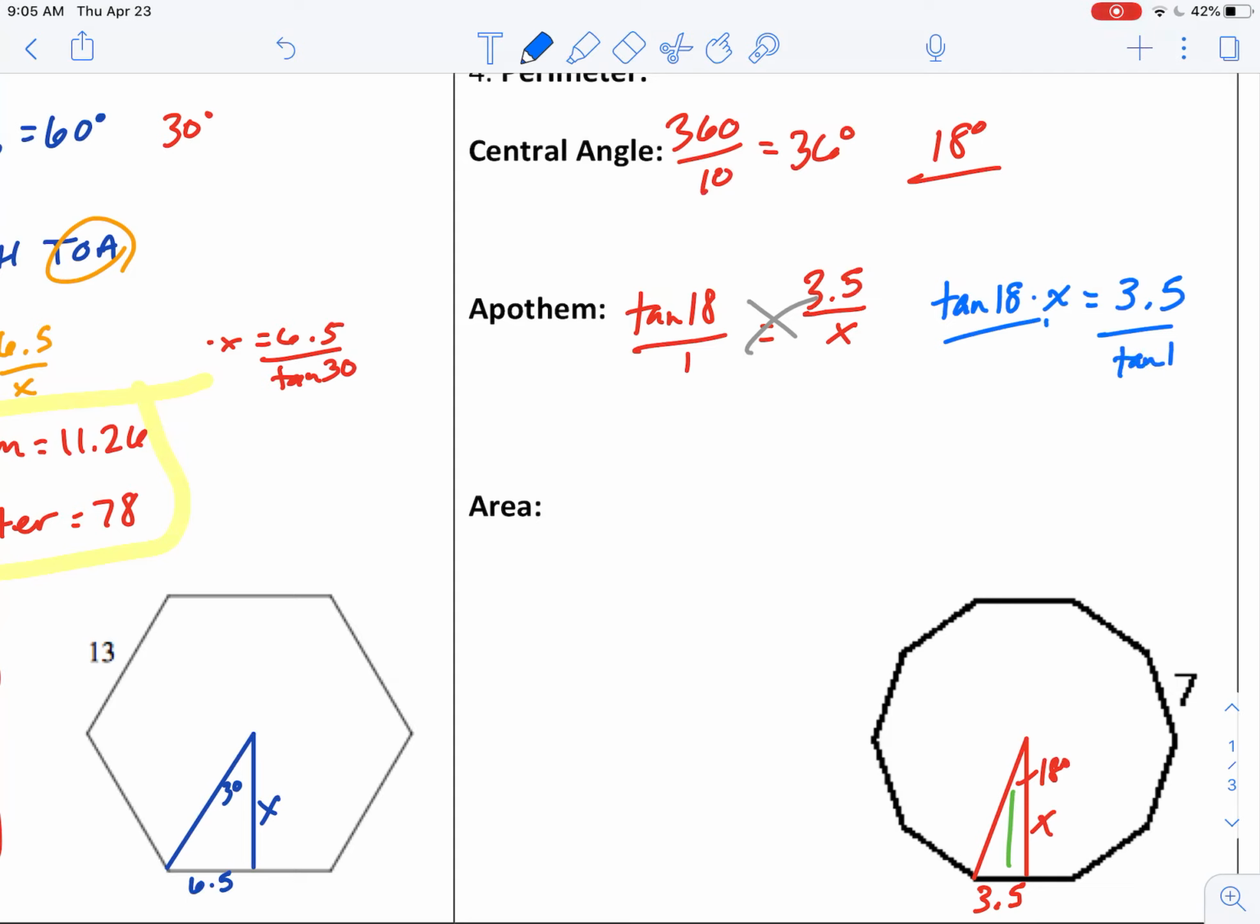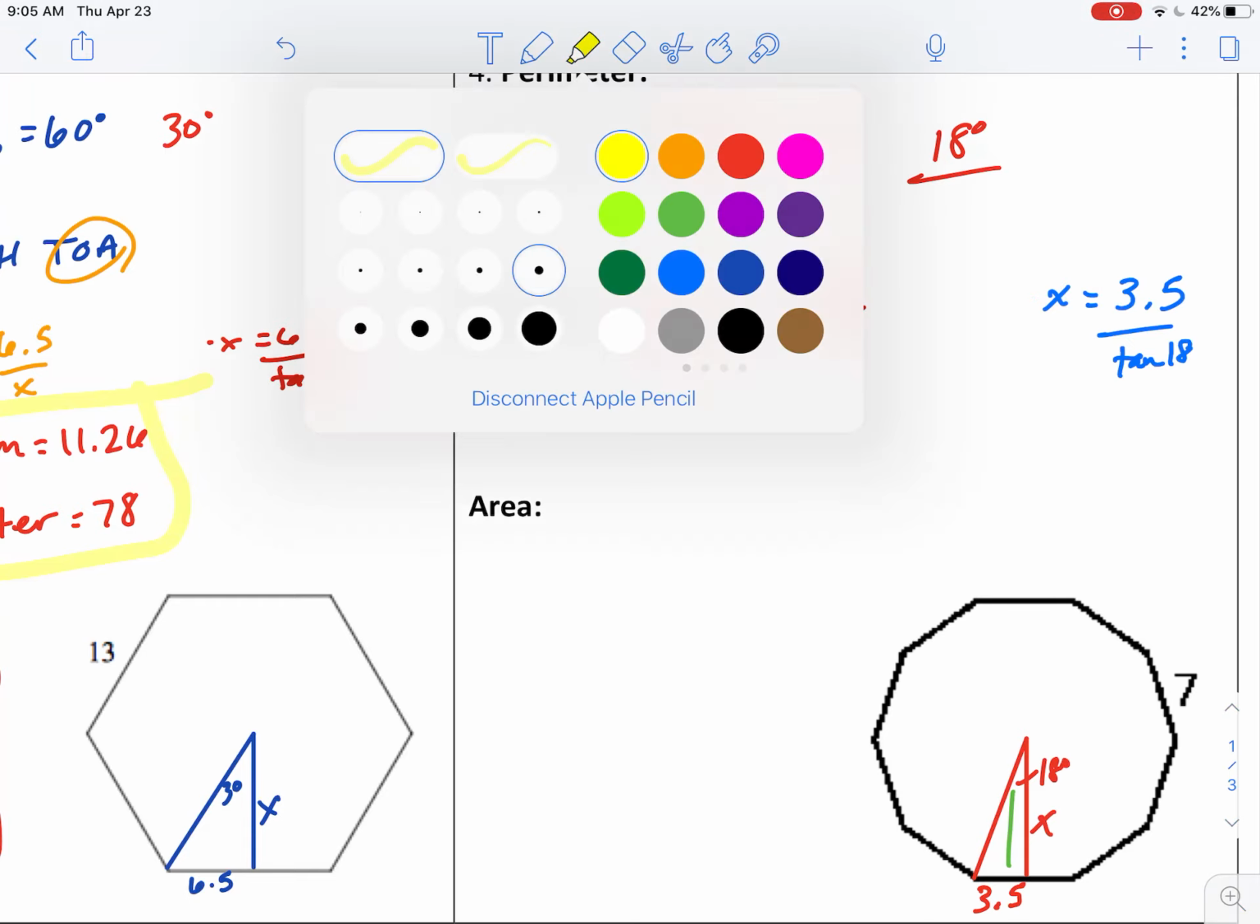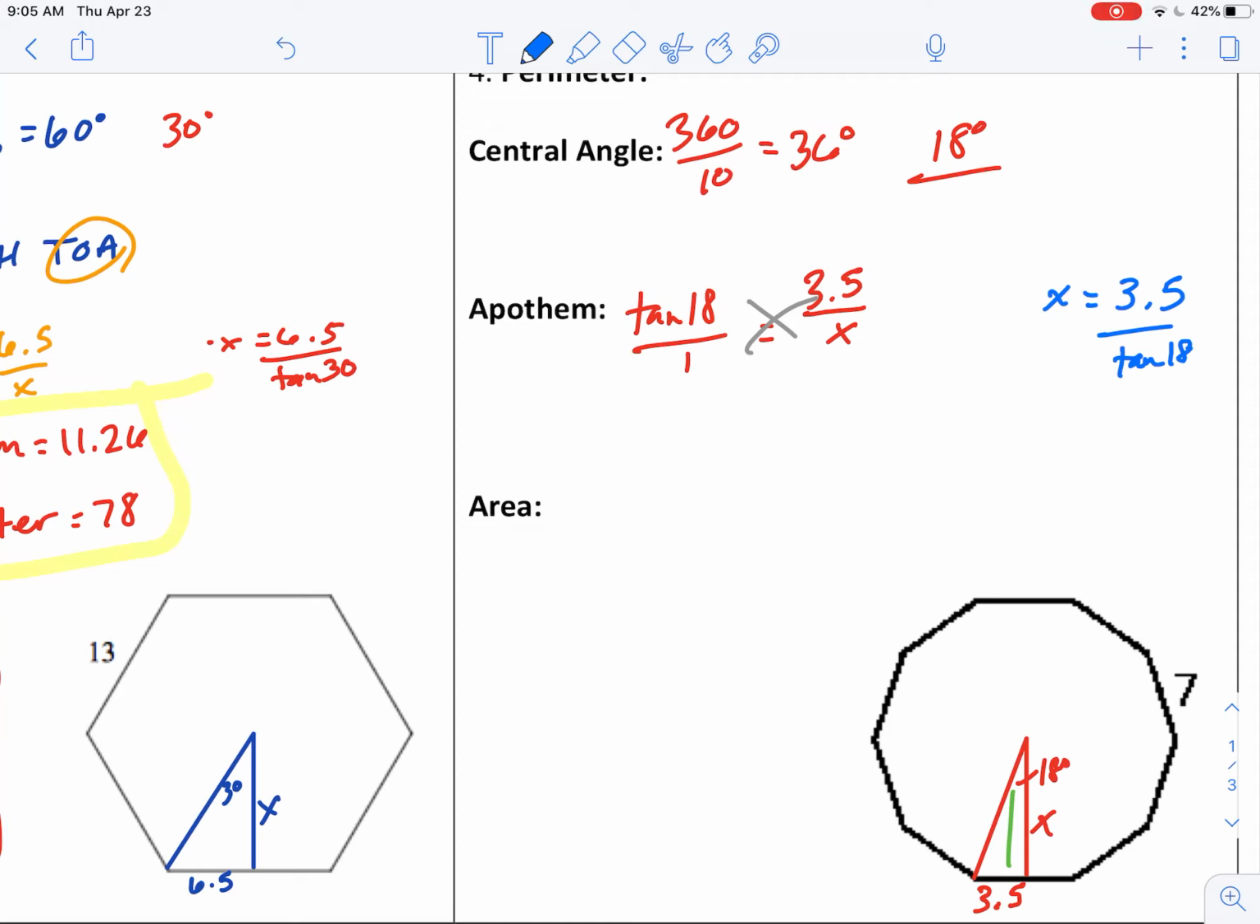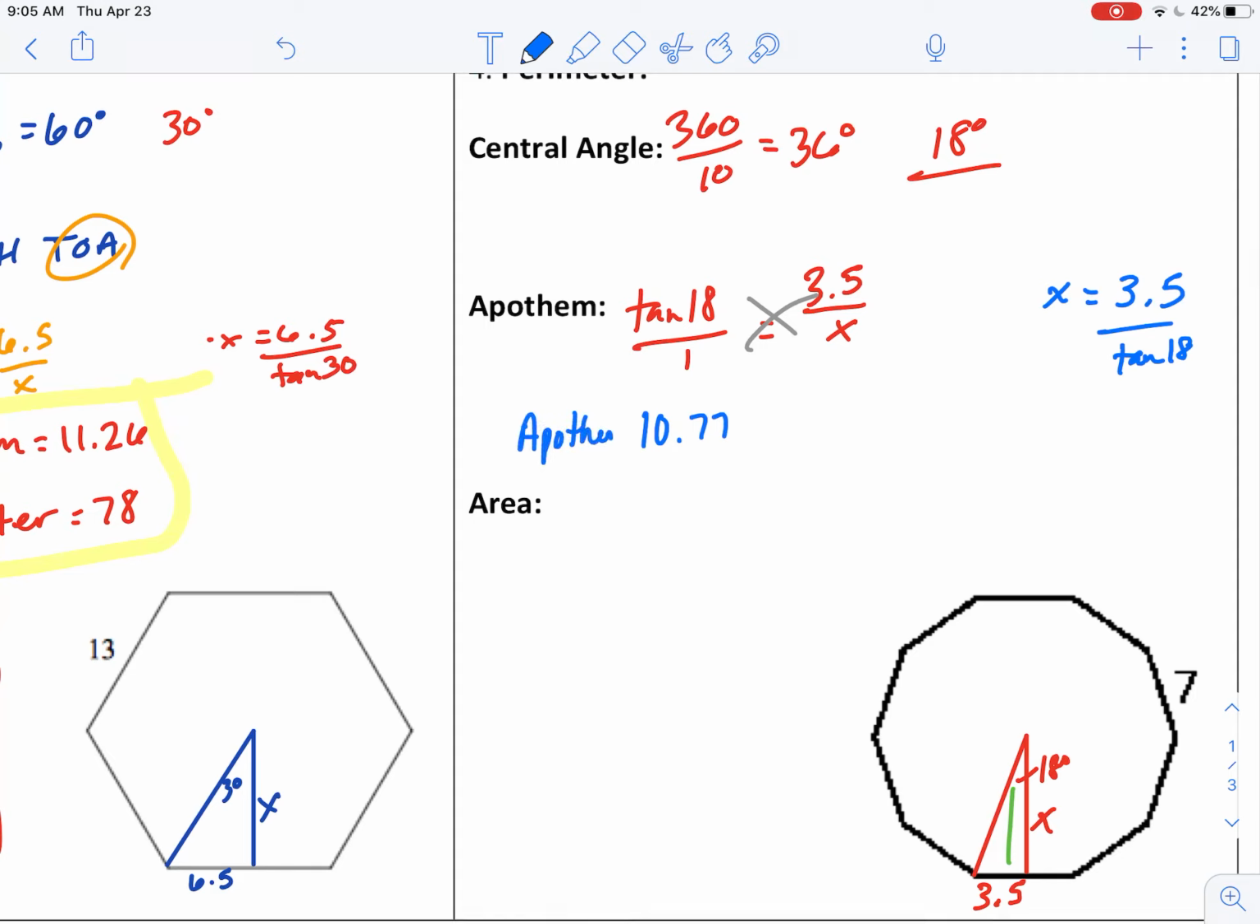Cross multiply and divide, and that will get me tangent of 18 times x equals 3.5. And to get rid of this tangent of 18, we have to divide it because we want to get x by itself. So I'll divide by tangent of 18. It cancels out on the left side. I'm left with my apothem is 3.5 over the tangent of 18,